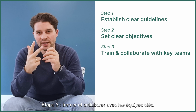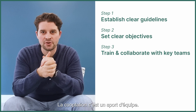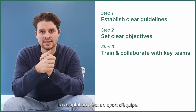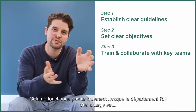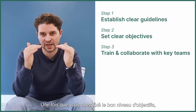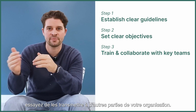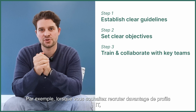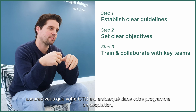Step 3, train and collaborate with key teams. Making referrals a success is a team sport. It doesn't only work when the HR department is performing this alone. And once you have set up the right level of objectives, try to break them down to other parts of your organization. So for instance, when you want to recruit more IT people, make sure that the person who's running